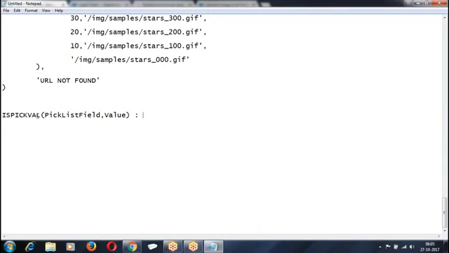Because in the pick list, out of the group of options given, what is the value you have chosen? Pick list will have a group. In that group of values, whether the value you have selected is the same value I have given.